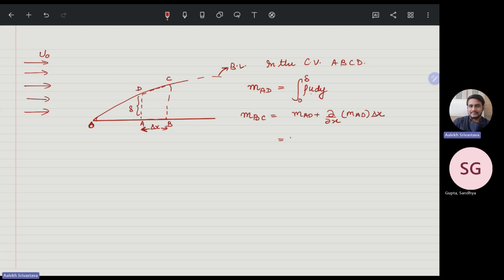So it is integral 0 to delta of rho u dy plus del x of rho u dy times delta x. Now you know the mass of AD and mass of BC, applying mass conservation,